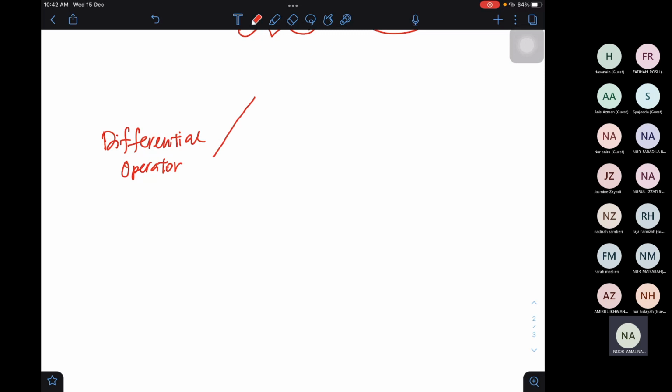Yang pertama, if you have your gx in the form of polynomial. Polynomial ni maksudnya dia boleh jadi quadratic, dia boleh jadi linear, dia boleh jadi cubic. Okay, when you have your gx in the form of polynomial, your differential operator,